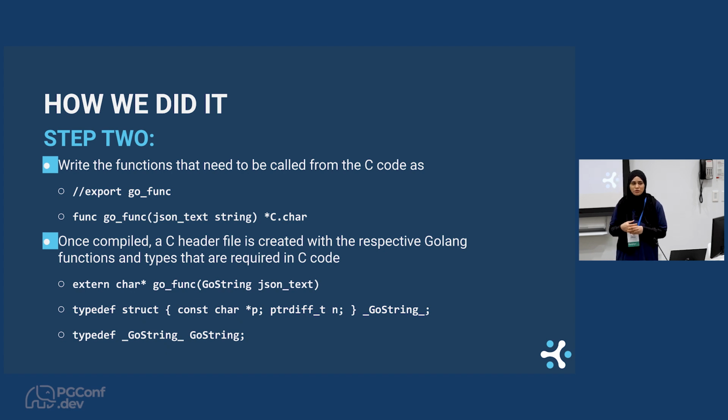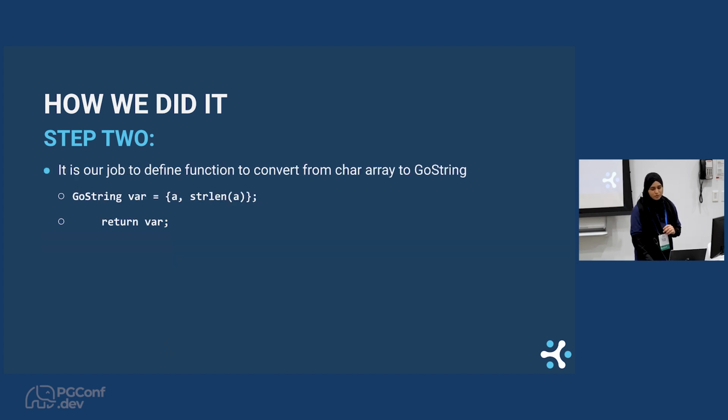you don't have to worry and you don't have to write anything, you don't have to declare what is Go string, etc. But what you have to do is write a function to convert your character array to Go string. So for example, in this case, because now we very well know what is Go string, because it has already given us the definition here in that header file, we can just write a small function that, anytime you get this character array, you return this. So that's a little bit of work that we have to do.